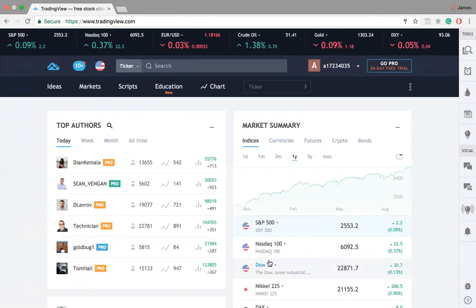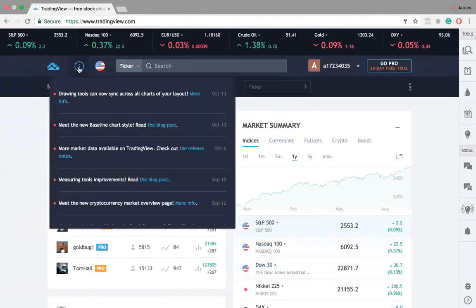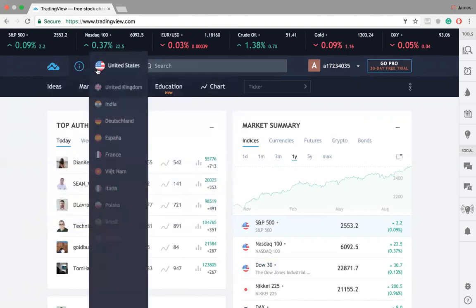All right, so this right here is basically the hub of TradingView. At the top of the page, we have different markets: S&P 500, NASDAQ, currencies, commodities, and the dollar index. Right below that, we have the TradingView logo. And then we have the information tool. Now, this shows updates on what TradingView has updated, so you know that it's updated. Adjacent to that, we have the